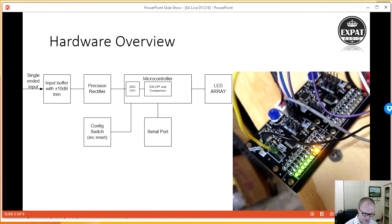A VU meter board is actually used to monitor visually the inputs of your audio stream. So let's say you have a microphone preamplifier and you want to see if you have any content, or if you're driving the content too hard for the sound card that you have coming after it, you may want to use a VU meter to give you an idea of what's flowing back and forth. And traditionally, VU meters were done using analog circuits, so large analog circuits that would have voltage comparators in there, and if the voltage crossed over a certain threshold, that LED would switch on and so on. But that didn't really give you very much of a flexible solution where you could change what those levels were and so on. So with that in mind,